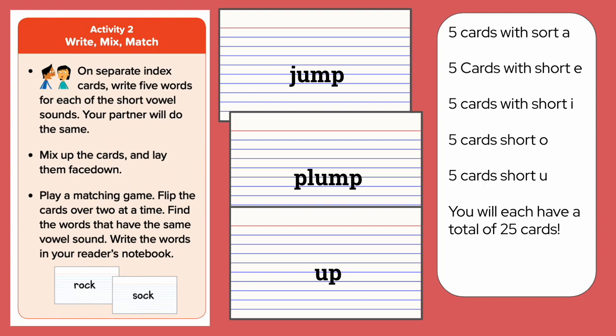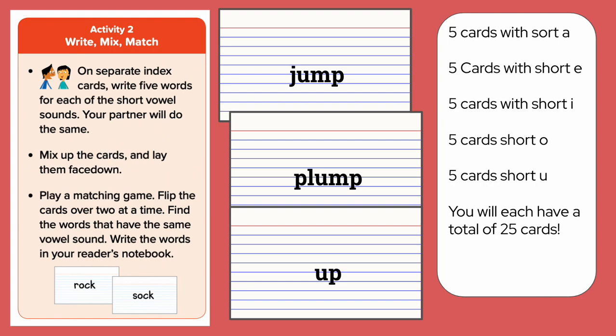5 cards with short I words. 5 cards with short O words. And 5 cards with short U words. So if you choose this one, you have a partner. Each of you needs to write 25 cards. So you'll have 5 short A's, 5 short E's, 5 short I, 5 short O, 5 short U cards. All right, so that would be the first job, is getting all your cards made before you can play the